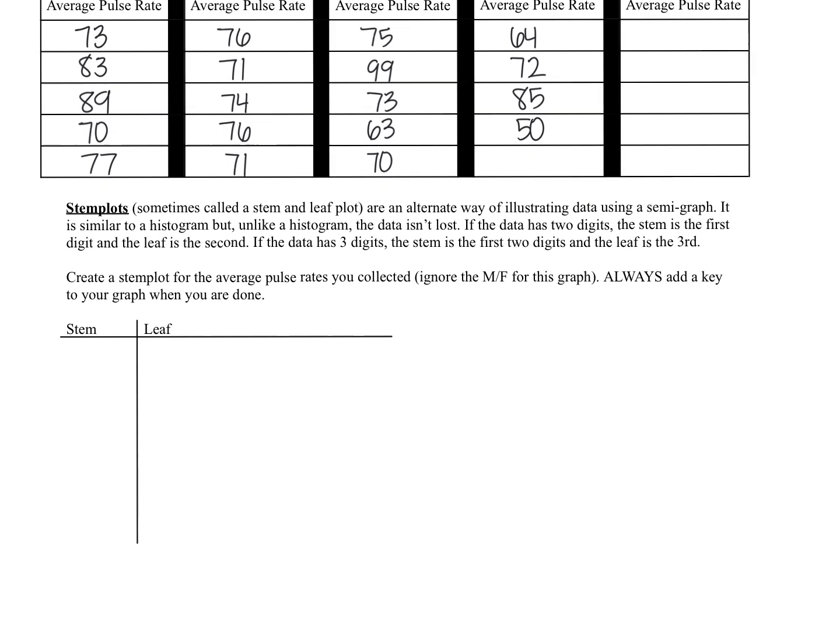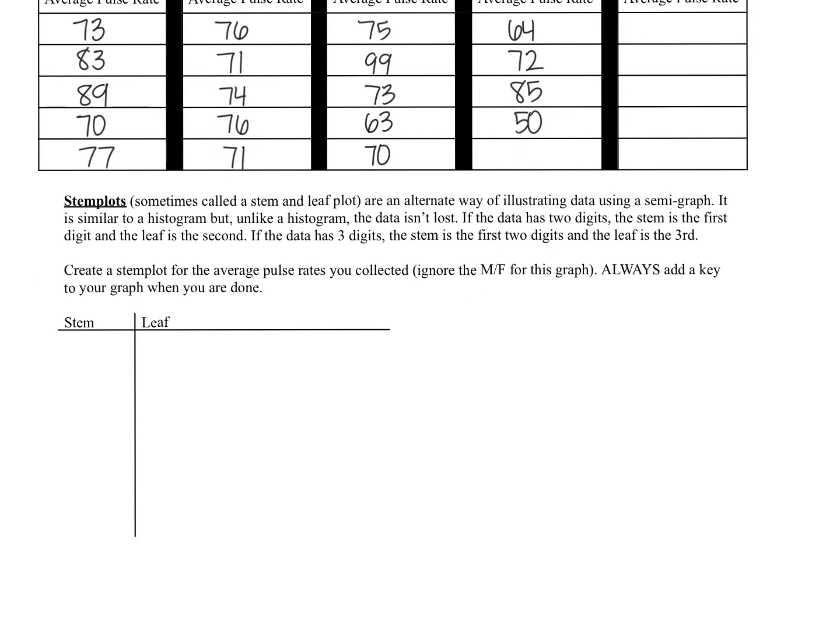So the way a stem plot works is your stem typically represents your tens place, and then your leaf represents your ones place when we're talking about 2-digit numbers. If you have a 3-digit number, your stem then represents the hundreds and the tens place, and then your leaf is still the ones place. And then another difference is, instead of having a title or axis labels for a stem and leaf plot, we always have a key for the graph, so someone can come in, just look at the stem plot and know